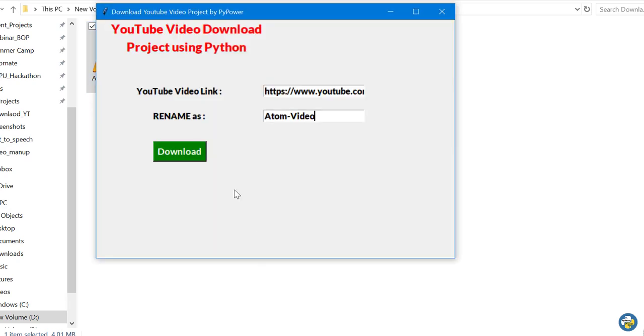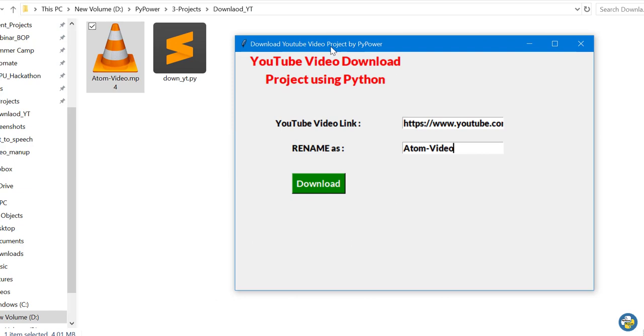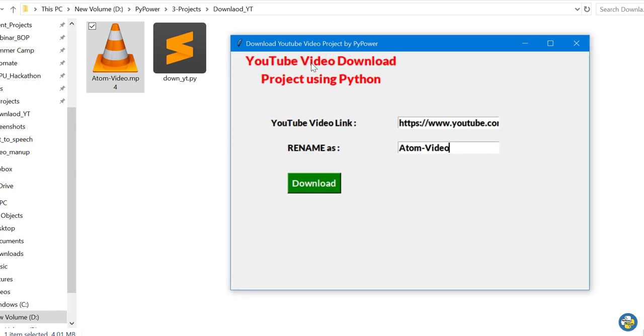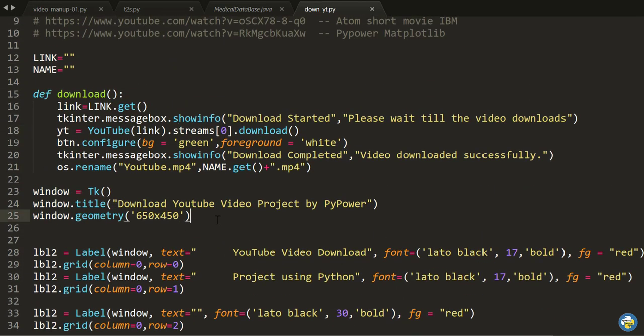So this is the code, the wonderful GUI based software for downloading YouTube videos directly into your computer. And here it is, a short and sweet but very important code for downloading videos. So I hope you enjoyed this video and learned a lot from this